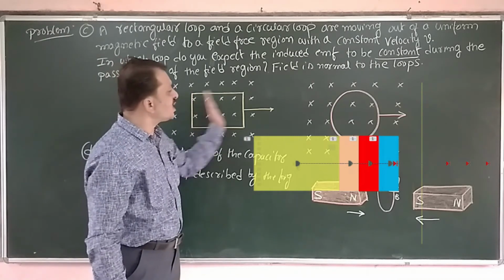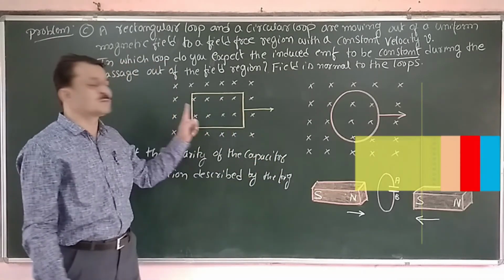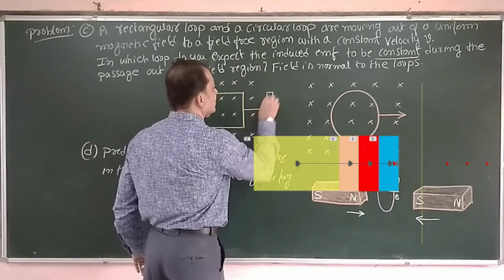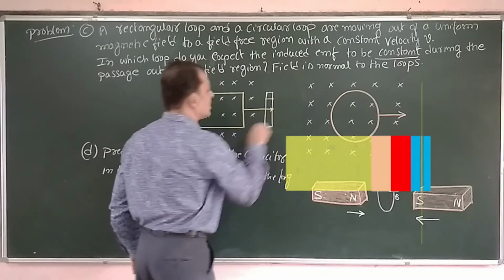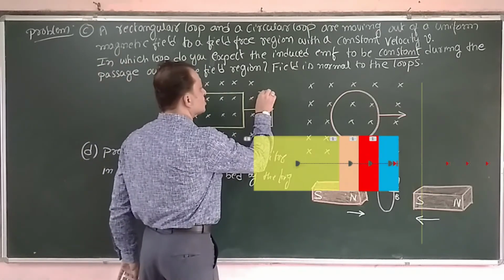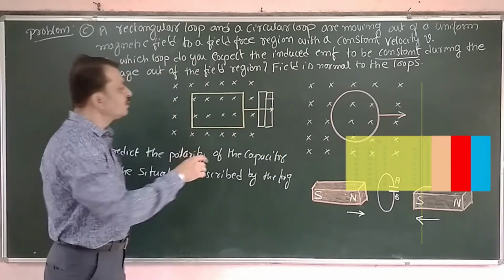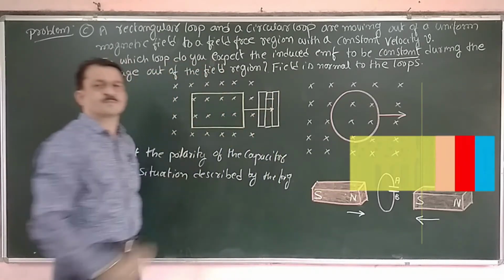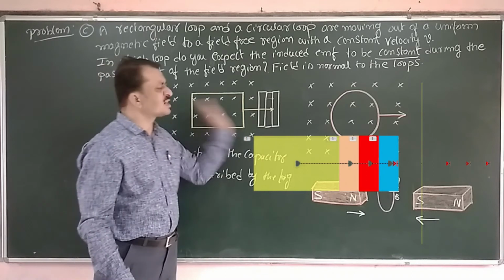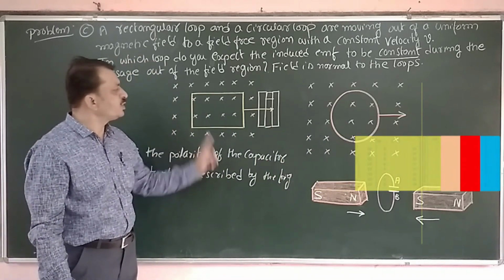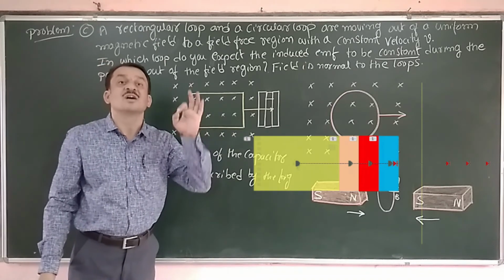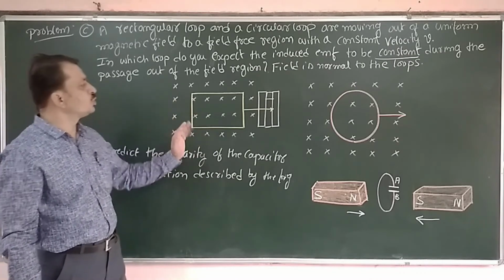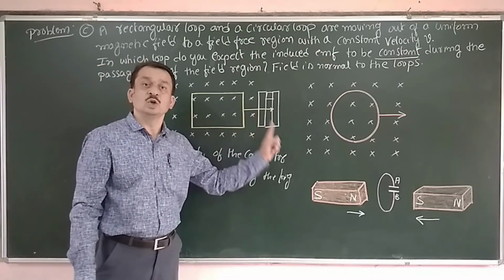Therefore, the change in area of cross section is equal because it is moving with a constant velocity. So area of cross section, first this portion is moving away. Next, this portion is moving away with a constant speed. The area of cross section in each case is constant here. Since the area of cross section is constant, the EMF induced in this rectangular loop is also constant. We can expect a constant EMF induced in this rectangular loop.